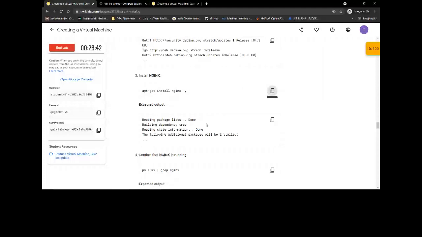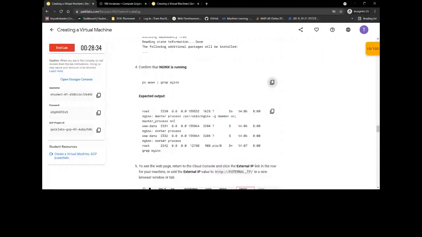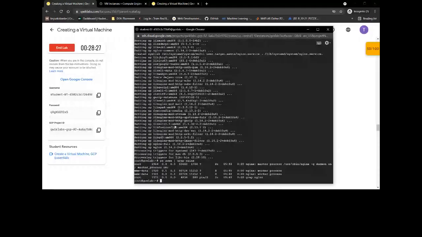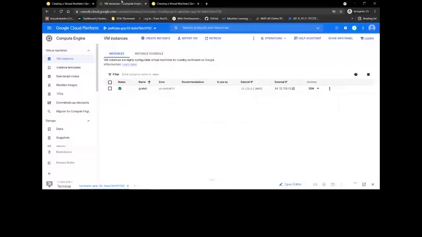With all these commands, after a certain amount of practice, you will get to know these commands and you can perform the labs easily, or they have also given their commands. Now the server is running properly. We can check it by clicking on the external IP that we have been provided over here. See, the server is properly running.